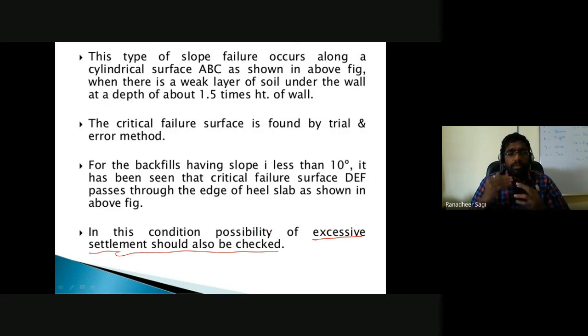But when you go to advanced courses in your higher studies, like advanced geotechnical engineering or advanced foundation analysis and design, you would come across those aspects also in the learning process. And we have understood the different modes of failure that you come across in your retaining structure, and the factors that you should take into consideration in the design of your retaining structures. With this, we conclude our discussion of the first unit, which we call earth pressure.